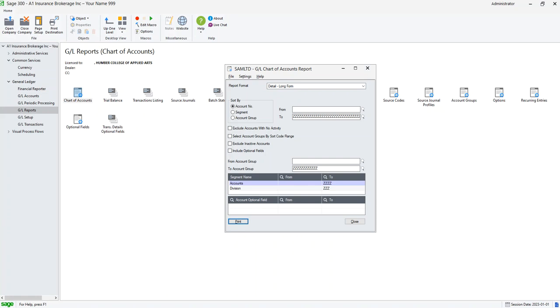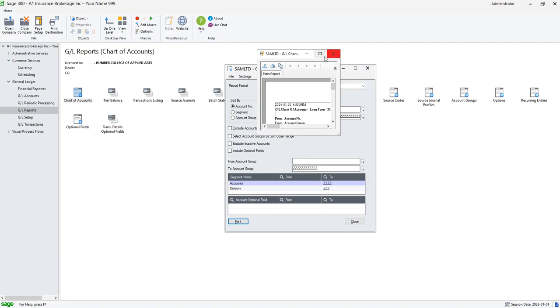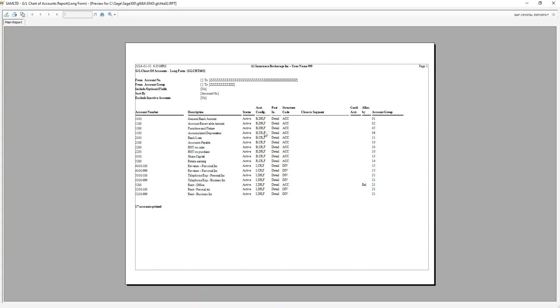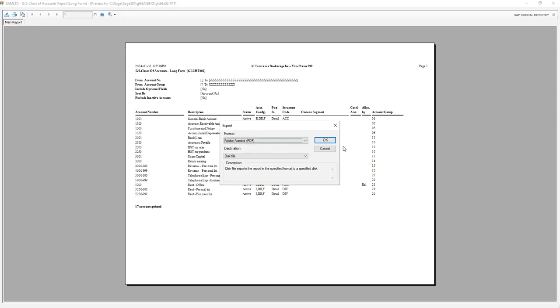Once I click print, it will show me your chart of accounts on screen. I always like to see before I post or before I print it. So I look at this report. Now I click export PDF,